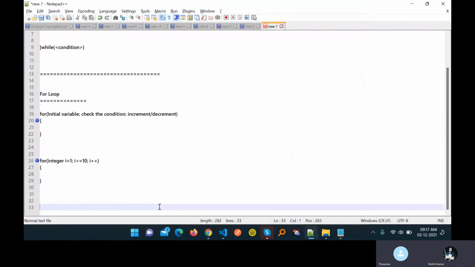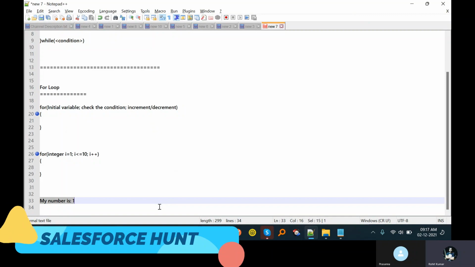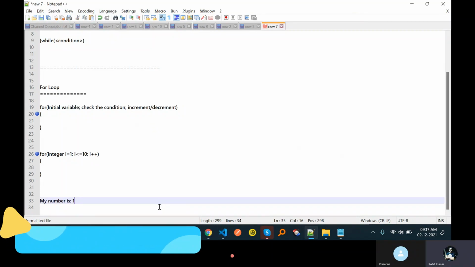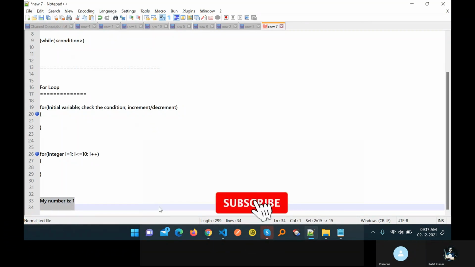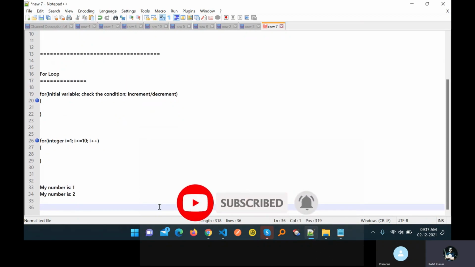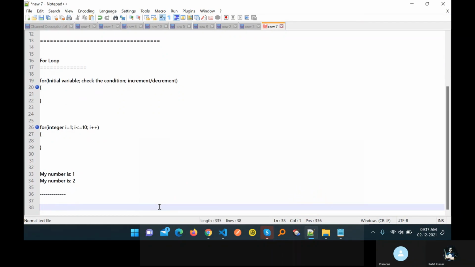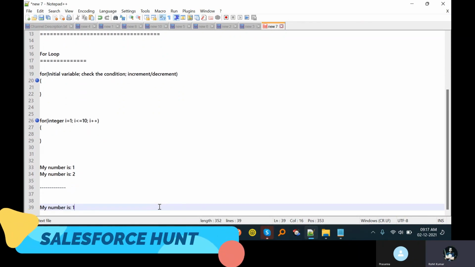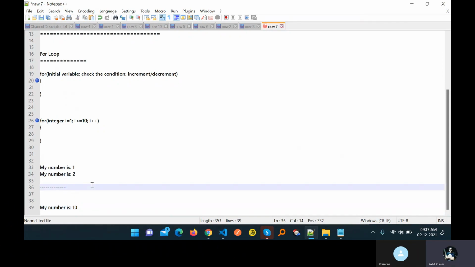Like my output is: my number is 1, then again this one here to here, like number 2 till here 10, like that. So how to print this output, Prasanna? How to print this one?